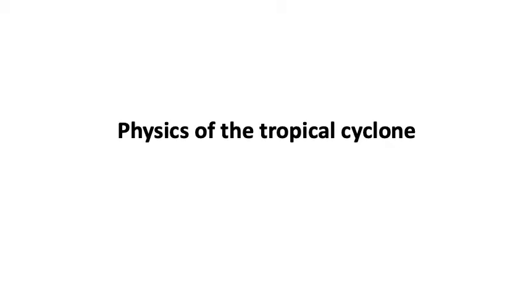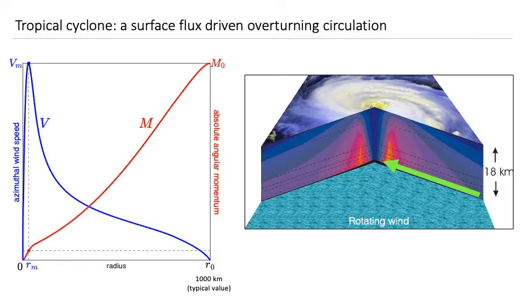So let's talk a little bit about the physics of the tropical cyclone. We have to think a little bit more physically in terms of this. Let's think about this low-level inflow leg, and we're going to think about the rotating flow, which we'll call V here, the azimuthal wind speed associated with the circulation. So in blue is that azimuthal wind speed, and superimposed on top of this, as I put in red,